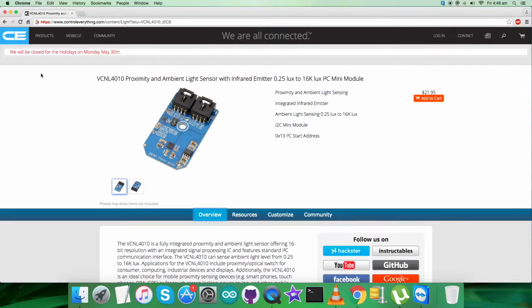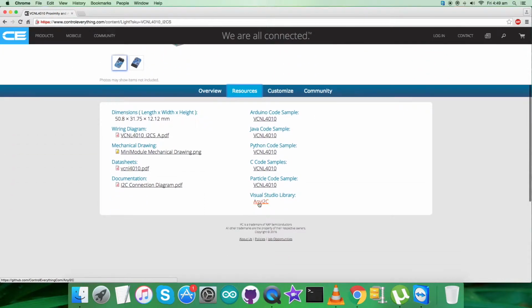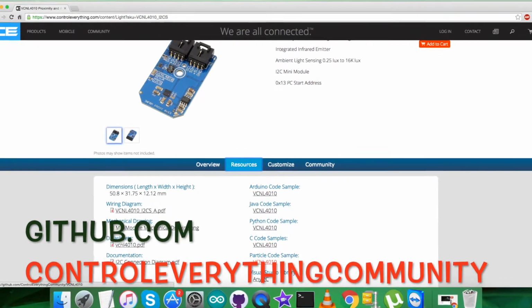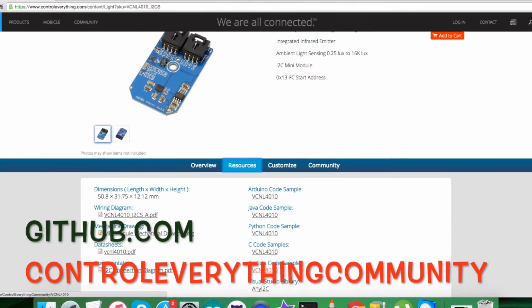Now I'm going to interface the sensor VCNL4010 with the particle photon, and for that I require a code. So go to the resource tab, and here comes the particle code sample we are talking about. Now you can download the particle code sample as a zip file from here. Also, you can download the code from github.com, and the repository there is Control